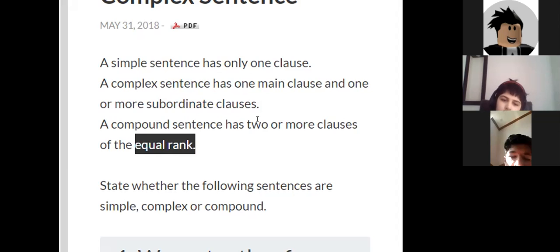If one clause is subordinate, the second or the third or however many others would all be subordinate clauses. But in the complex sentence, you will have one main clause and one or more subordinate clauses. That's the difference between compound and complex.